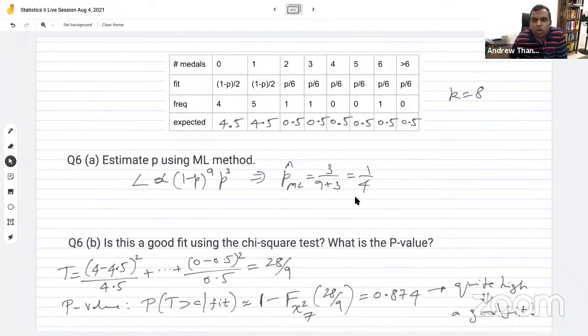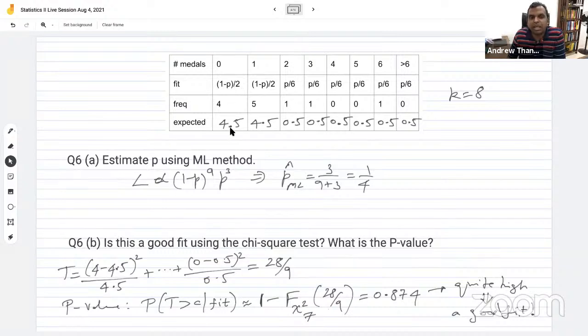So 1 by 4, and now a couple of calculations to make here. What is the degree of freedom for the chi-squared? It will be k minus 1, k is 8, right? There are 8 different buckets it falls into. So the degree of freedom will be 7. Okay. And the expected numbers, if you put 1 by 4 here, you get 3